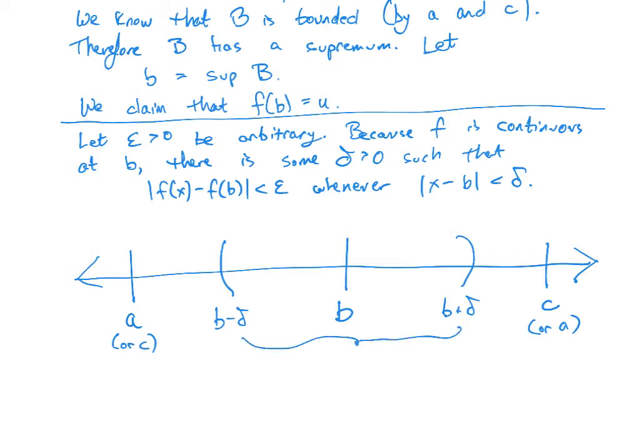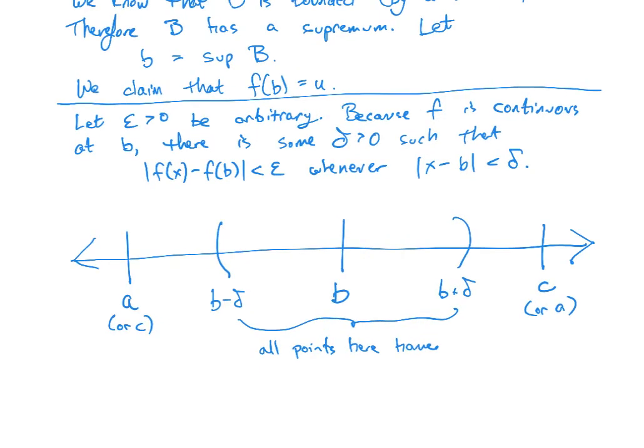So what I'm going to write, all points here have their f values. So the best way I can figure out how to write that is f of them is within epsilon of f of b. Okay, close to f of b. Okay. Now, over to the right,